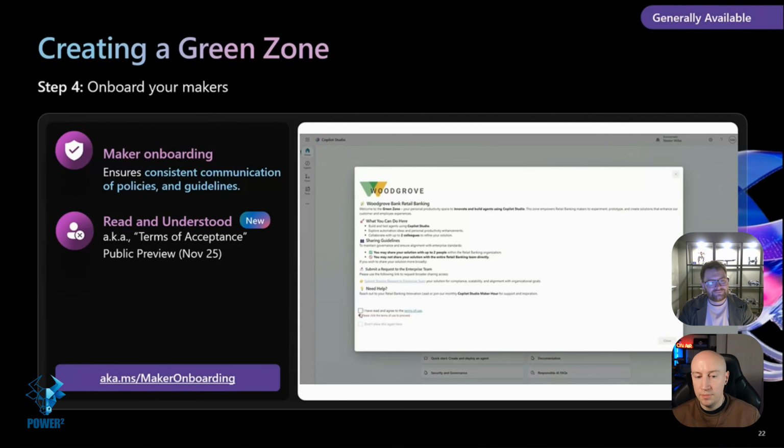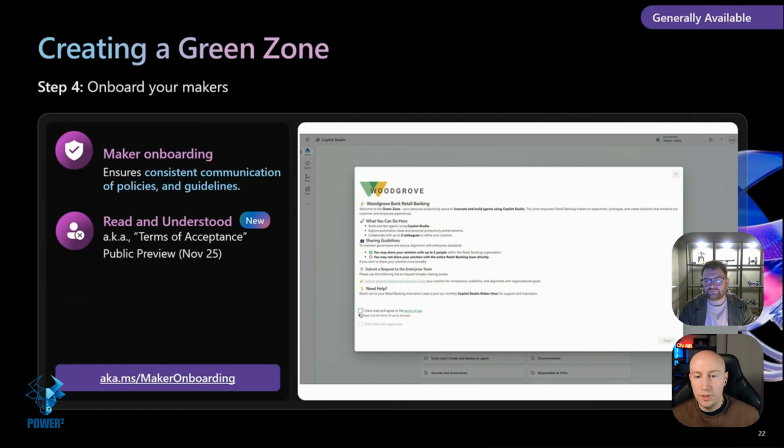Yeah, because one of the problems that I do see with organizations is that their makers will claim ignorance on different things. Like, oh, I didn't know that I wasn't allowed to do that, or I didn't know that I was supposed to do that. But if you have these terms and conditions in there, they can't really claim ignorance because you've put it in front of them and you are asking them to read it. I know we don't like to read terms and conditions, and so many people just accept them. But I think the onus then is on the Power Platform admins or governance team to put simple terms and conditions that make it really clear, easy to digest, and then hopefully people are much more likely to read it before they tick it. Agreed. Yeah.